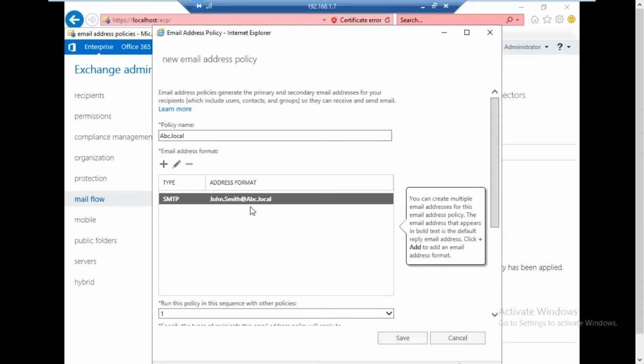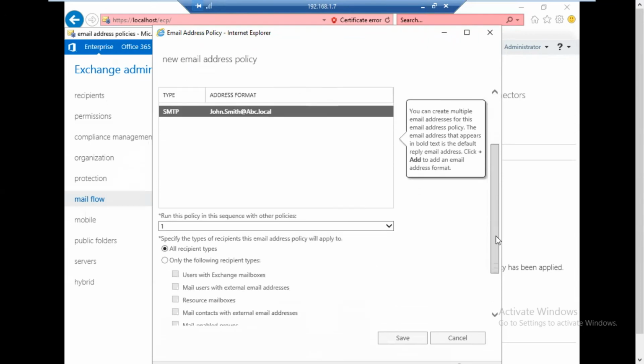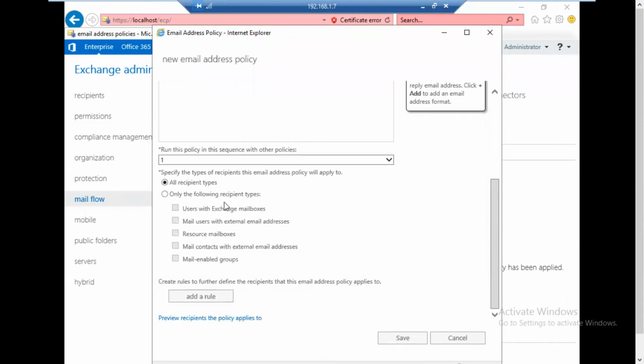As you can see, the email address policy format is changed. Now it uses first name and last name both. Now you can go down and select the recipients, which recipients you want to apply this email address policy to. If you want to apply it to all the users, you can go for all recipient types.